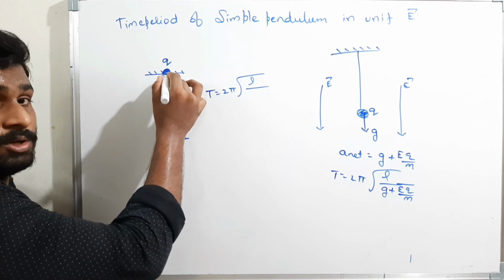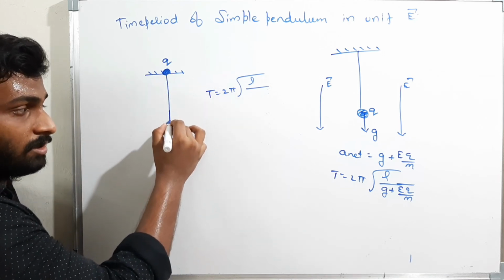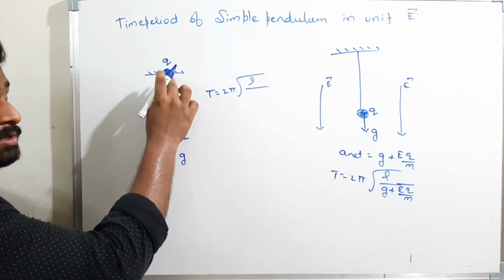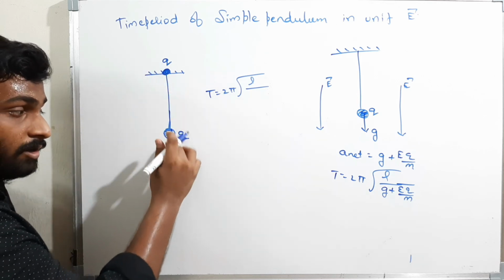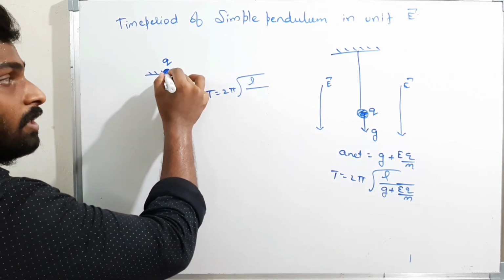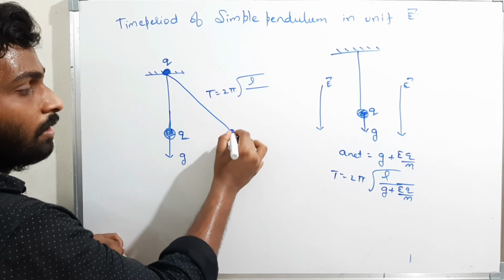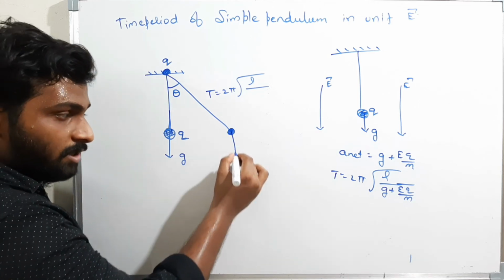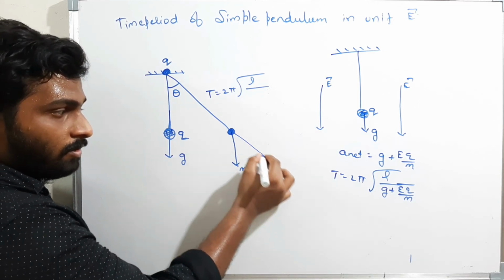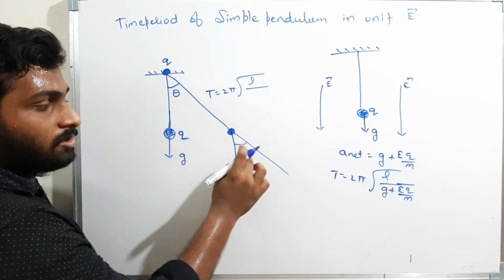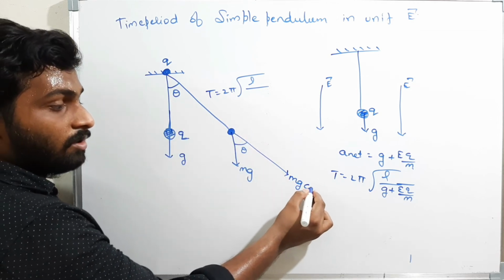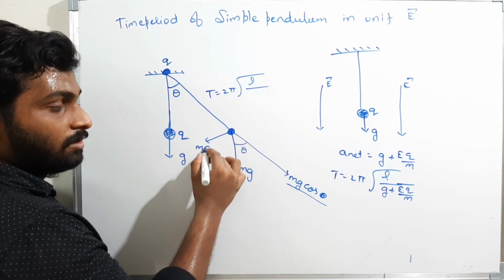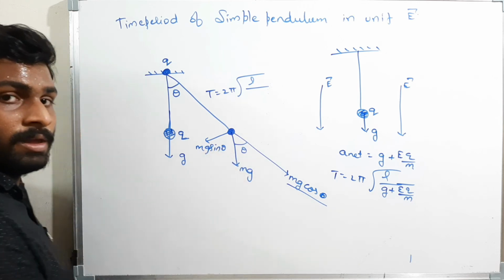Because of this positive charge, there will be some repulsive force along this line. Now there is one downward force mg, and because of this positive charge, there will be repulsive force acting downwards. Well and good. Now, if the bob is here, making some angle theta, the mg is acting downwards, and this is theta. If this is theta, this is also theta. Along the string it is mg cos theta, and along the perpendicular side it is mg sin theta. Will you accept this?